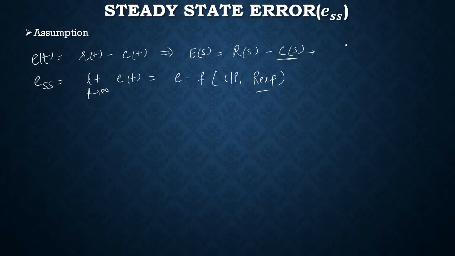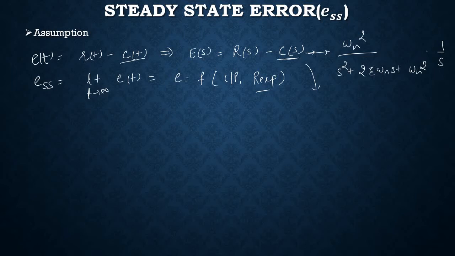Suppose we take a second order system, where the transfer function is omega n square over s square plus 2 zeta omega n s plus omega n square. If we find the step response, first we find C(s), then we find c(t) by using the inverse Laplace transform with the partial fraction method, and then we have the response in the time domain. Then we put it into the equation, subtract it from the reference command given to it, and then we find the error. Then we take the limit as t tends to infinity, and we find the steady state error.